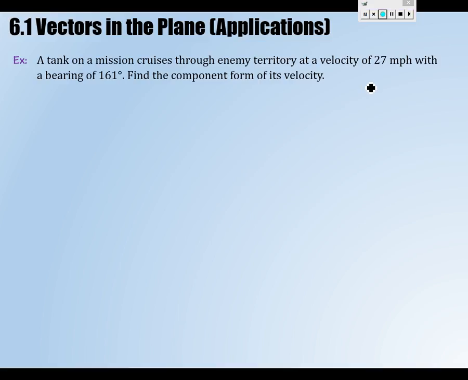Have we talked about bearing before? Maybe not. I don't know. So bearing is weird. It's like a real-world thing. We prefer as mathematicians to talk about angles in standard position. But in the real world, if we're trying to draw out what this tank is doing,